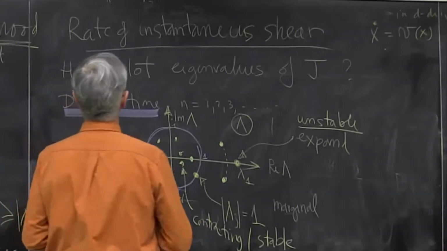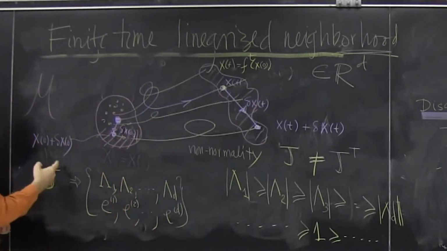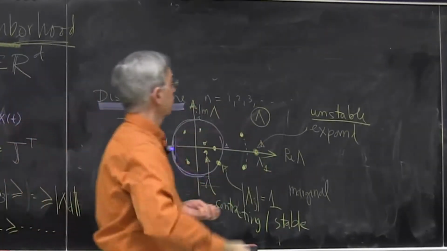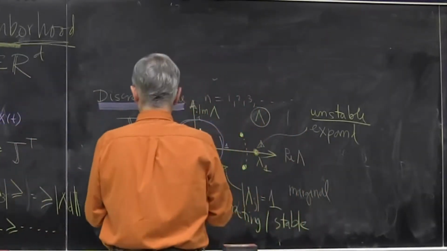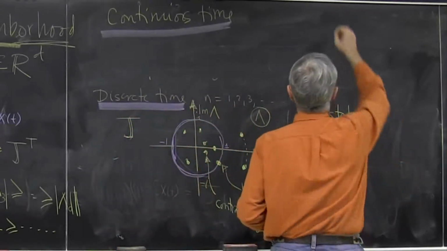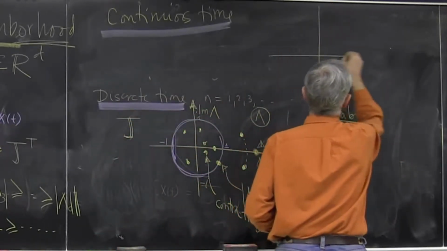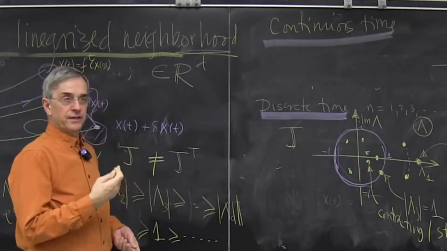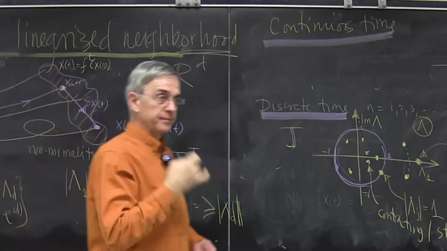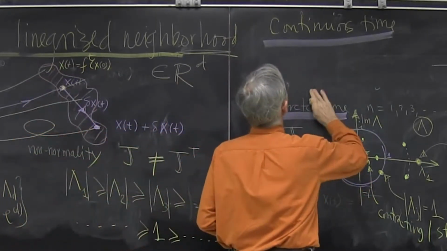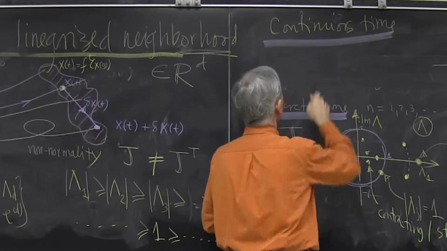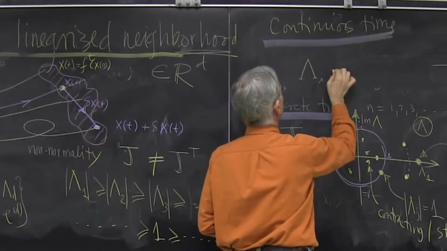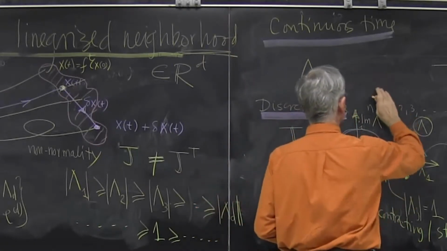For continuous time, this matrix by itself doesn't really mean very much because every epsilon in time it changes. It's not something I can really get a handle on. What I have to draw is a coordinate system in which I look at the rates of expansion and rates of contraction per unit time. In other words, whenever I have an eigenvalue lambda, the ith eigenvalue, it's natural to write it